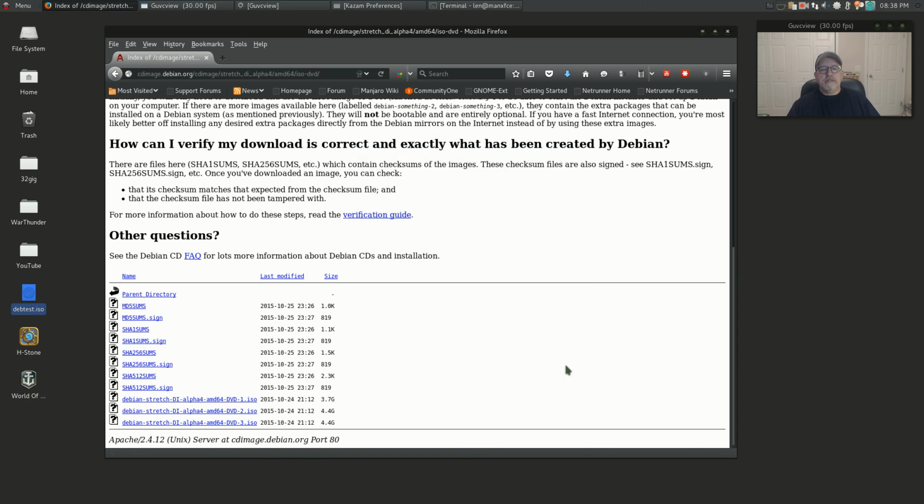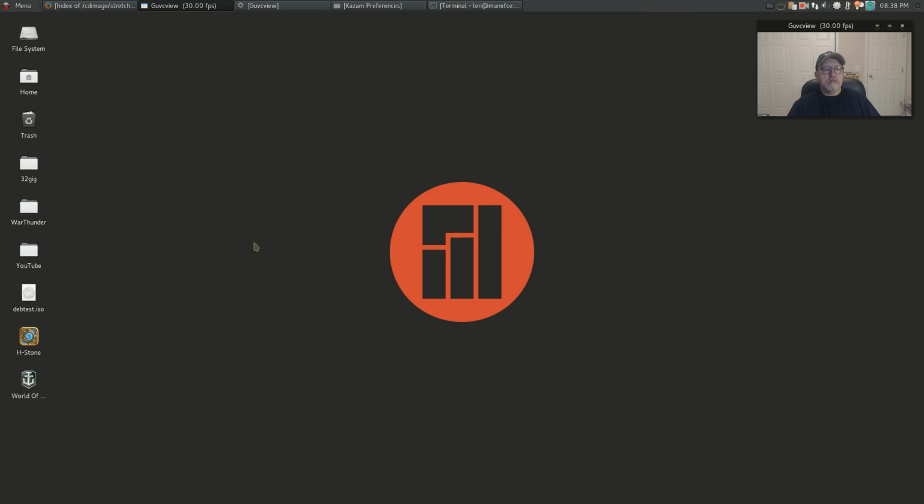So I downloaded it, I have burned it to a USB drive, and I am just getting ready to do the install. So we will see just how comprehensive this is, whether there are any differences between the CD image and the full DVD image, and what they have added that accumulates up to 4 gigabytes. So I'm gonna do my thing on the install, and I'll be back with you,